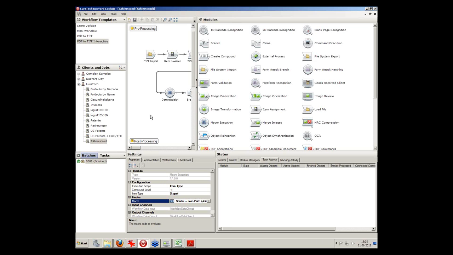And you can put this in here. You have in this module all the possibilities to set parameters, define input-output channels, and have it configurable and use